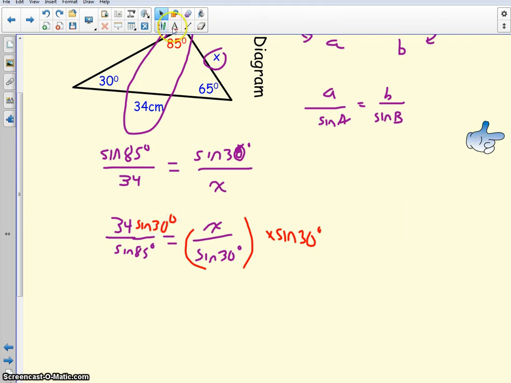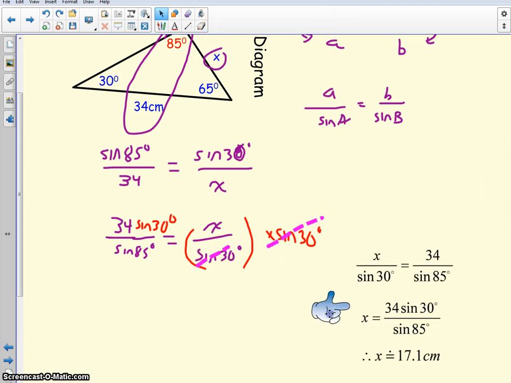So what you wind up with in the end, after these cancel, is about 17.1 centimeters. Okay, it's just another way of writing the equation that might help and make the algebra a little bit easier. Okay, so the rest of this video is going to be continued on in part